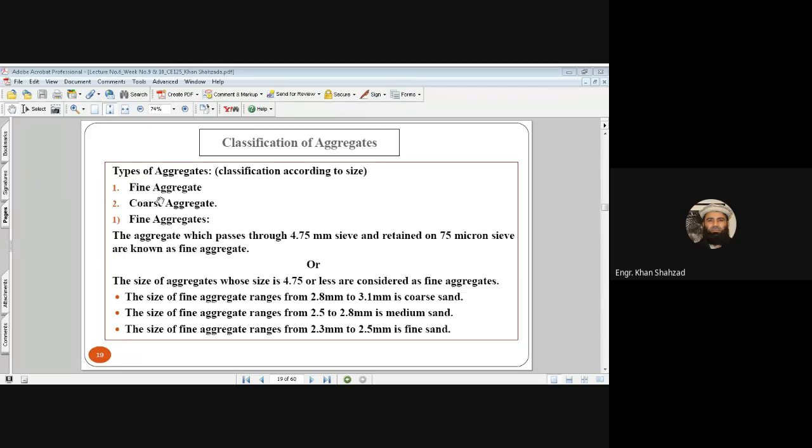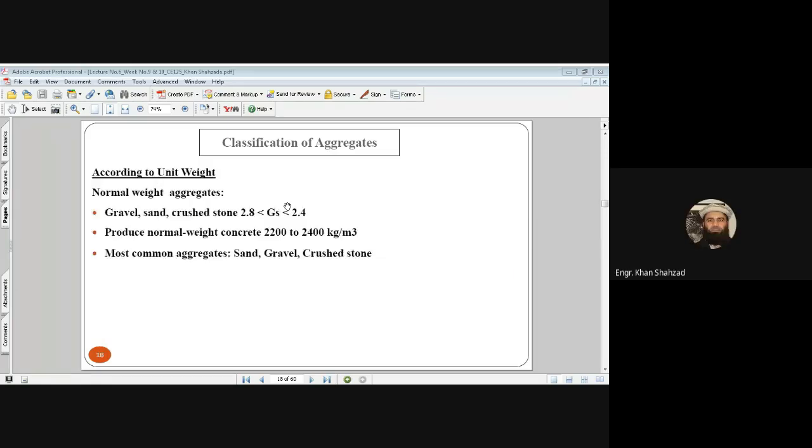Types of aggregates. We have fine aggregates and we have coarse aggregate. Do you remember what is fine aggregate and what is coarse aggregate? Yes. जी. सर फाइन एग्रीगेट्स जो 4.75 मिलीमीटर सीव पे पास करें और 75 माइक्रोन सीव पे रिटेन हो जाएं, और फिर इसके साथ कोर्स एग्रीगेट्स भी बताए थे।